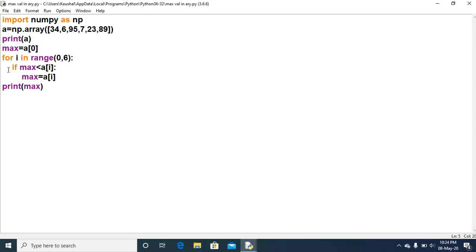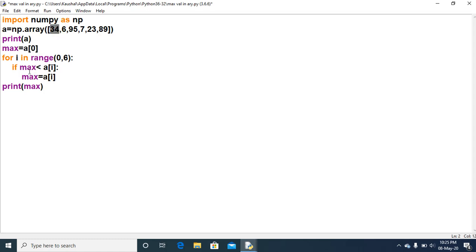And in the body of the loop, I have written one condition: if max less than a of I. What does it mean? Max is a of 0, just think about it. 34 is there in a of 0.